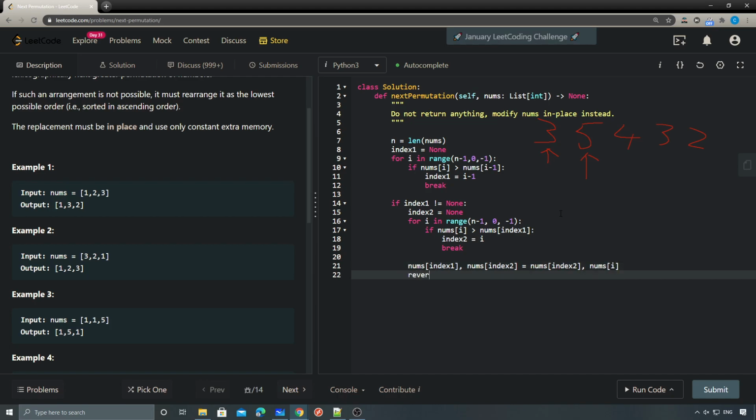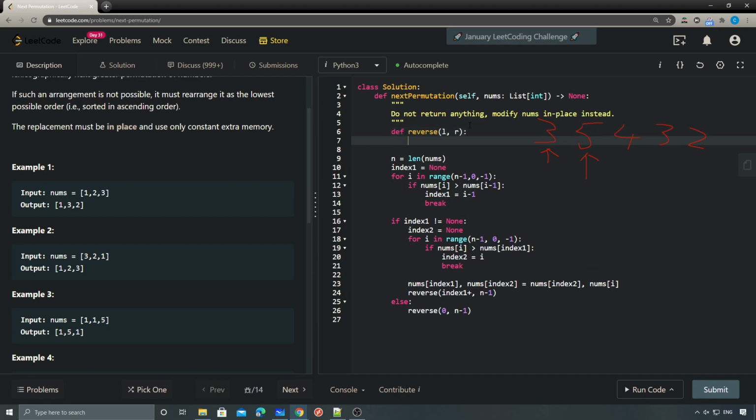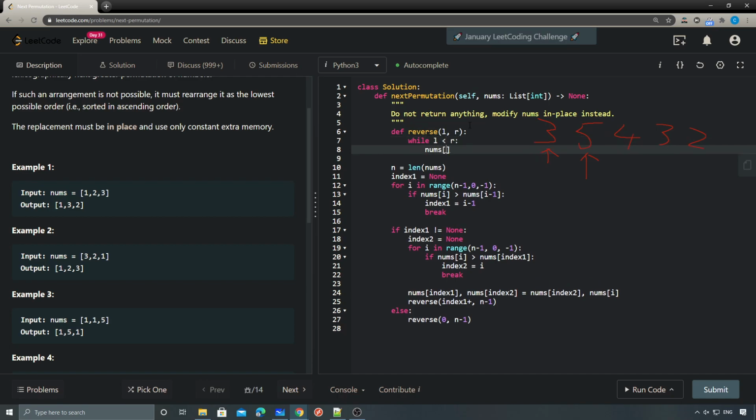And then we'll reverse the index 1 plus 1 to the n minus 1, right? Else if we didn't find the index, then we simply need to reverse everything, 0 to n minus 1. We can create a helper function here to do the reverse, right? So we have left and right, and here just like while left is smaller than right, nums dot l